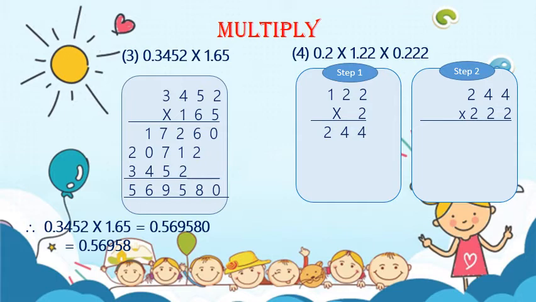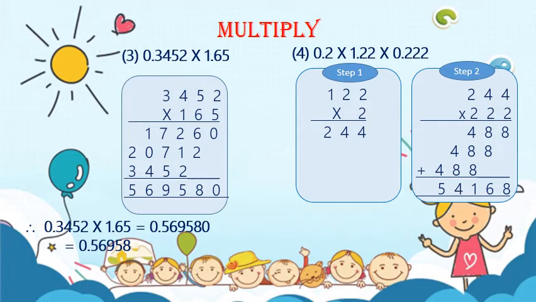Let us see. First of all, 244 multiplied by 2, where the multiplication begins at ones place, we get 488. In the next step, the multiplication begins at tens place and we again multiply 244 by 2 and we get 488. In the third step, the multiplication begins at 100 place and we multiply 244 by 2 and we get 488. Now we will add these three products and what do we get? We get 54168, right?